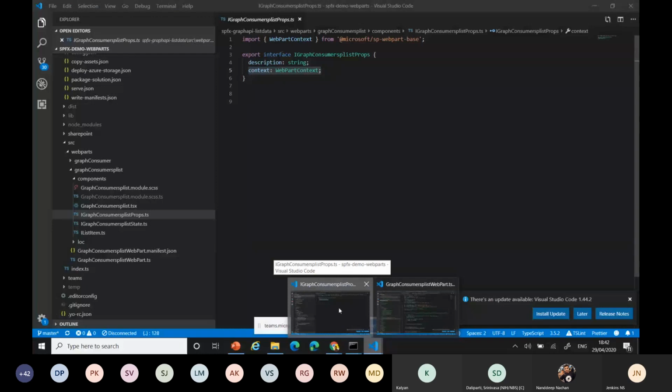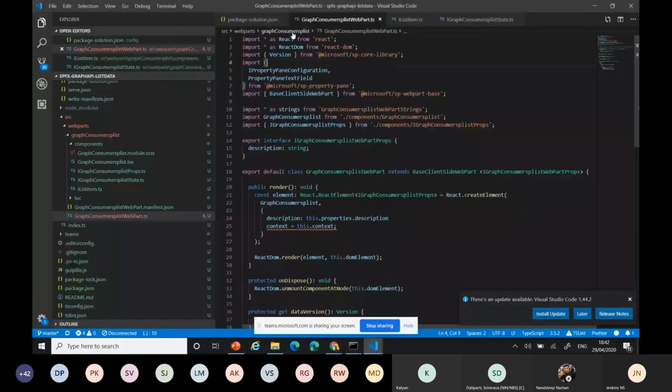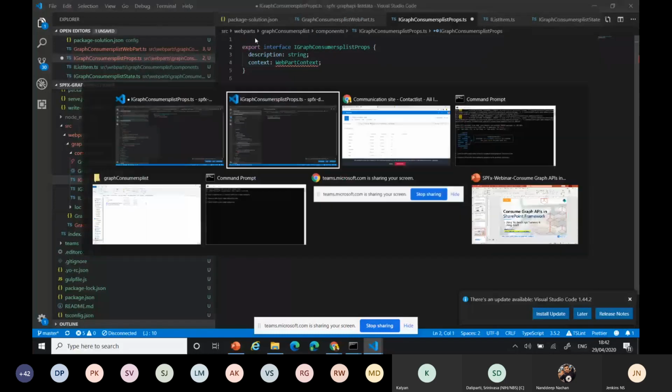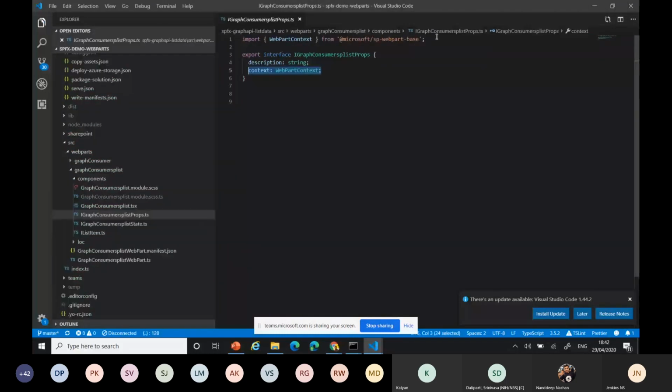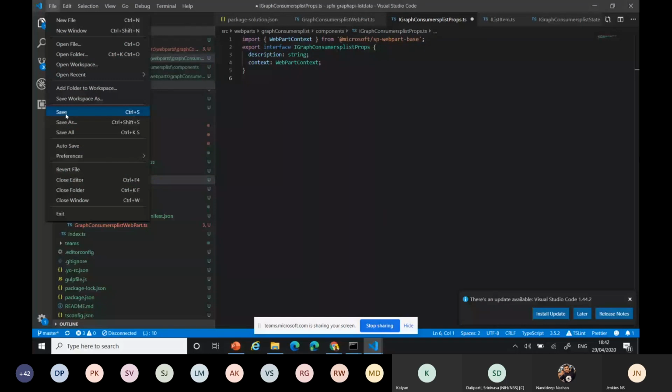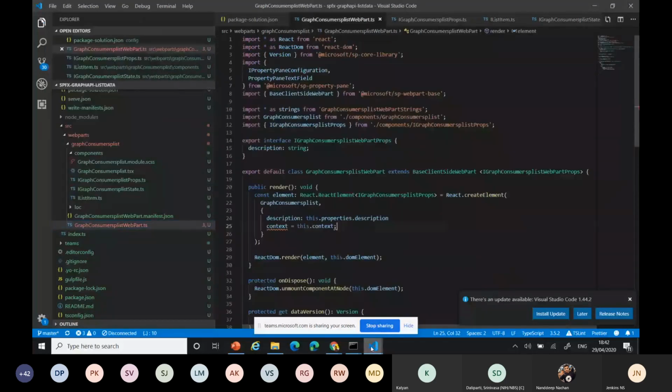Always the description will be there. I can add one more property, the web part context. When you add the web part context, we need the WebPartContext class from the SP web part base. You can import that, then you can get the web part context. Now you can take this into your TypeScript class. I think the property is added.